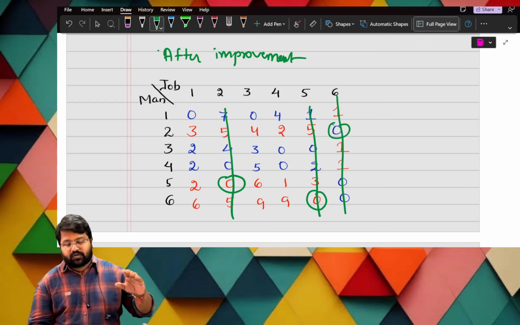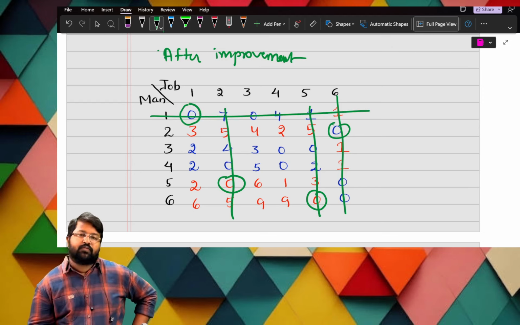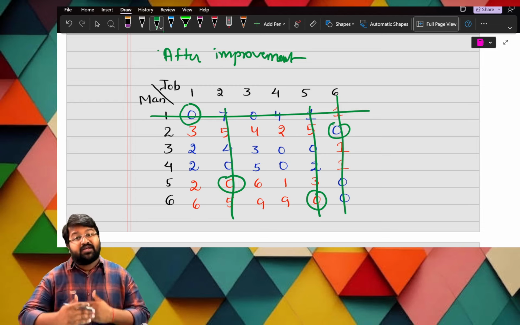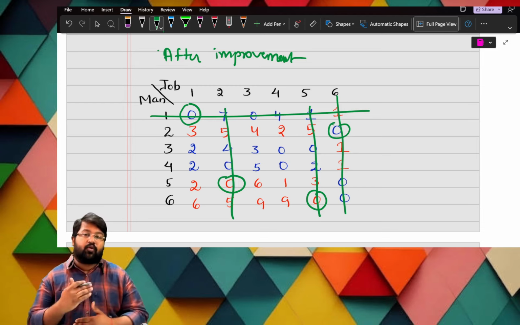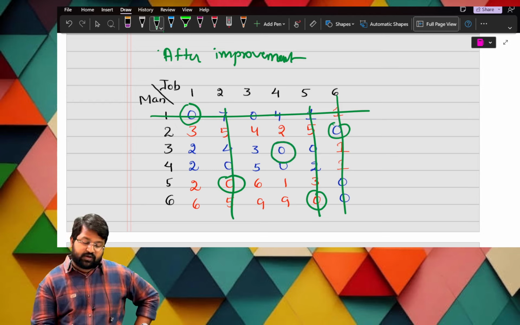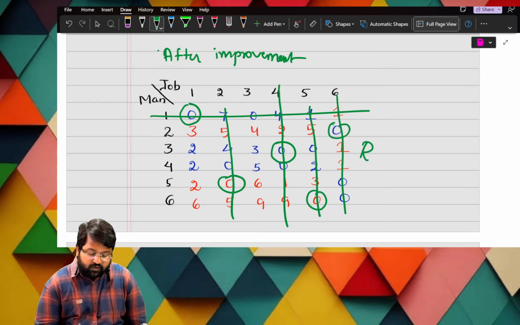What I have to do? I check with columns. Is there a column with a single zero? As there is a column with a single zero, I will cancel the row. Any column with a single zero? There are two zeros. I have to check till columns are done. And now again, till the cancellation of zeros, I have to repeat the whole process. So now again checking rows. A single zero is there, so I have to mark the single zero and cancel columns. Now check whether the number of rows equals columns equals circles.